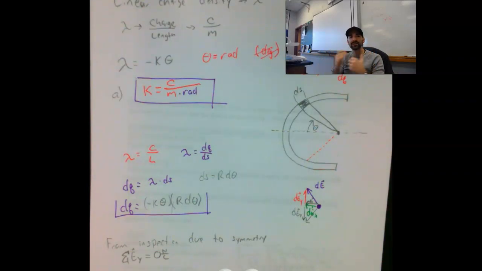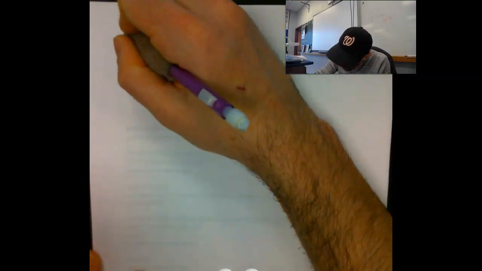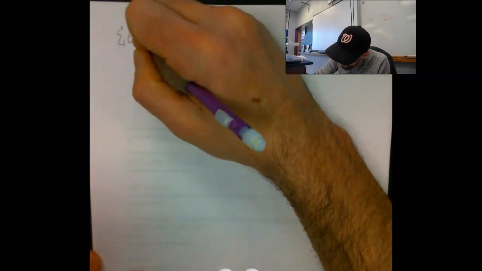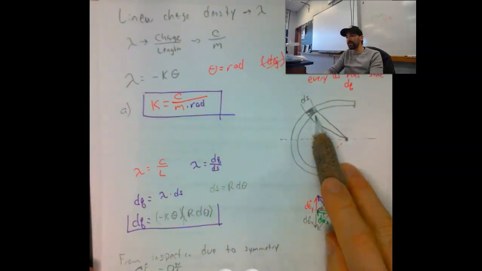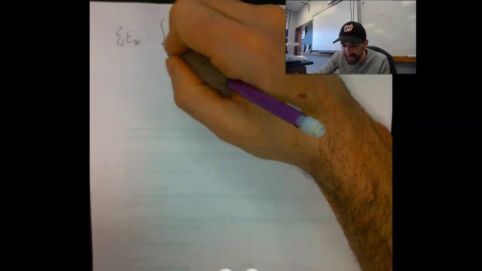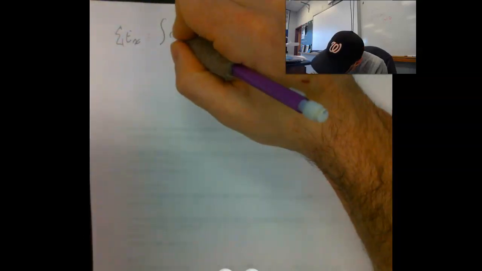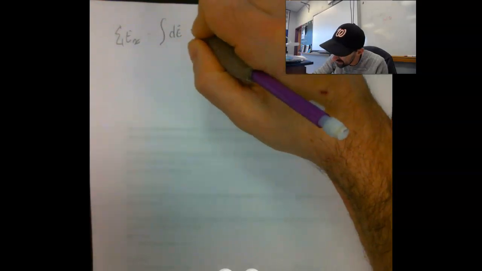We're using a bunch of stuff that we know to just make this problem easier and easier and easier. So just go to a clean sheet of paper. I know the electric field in the x direction. So I'm first going to talk about, again, just this portion on the top half. So the electric field in the x direction, I'm going to sum up all those things, is going to be equal to the antiderivative of a very small electric field times the cosine